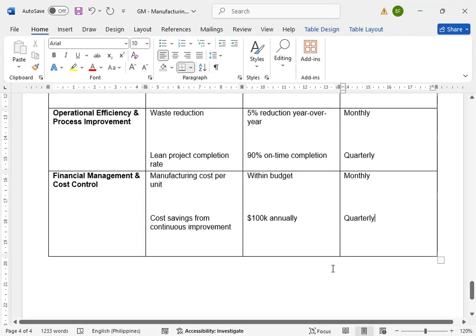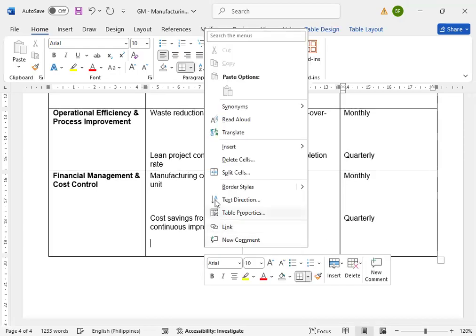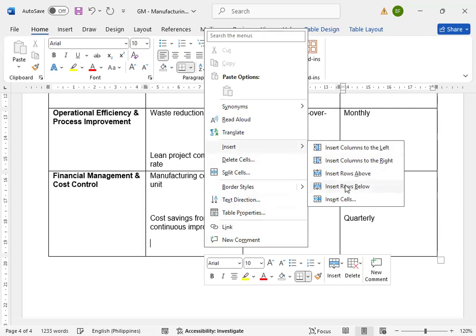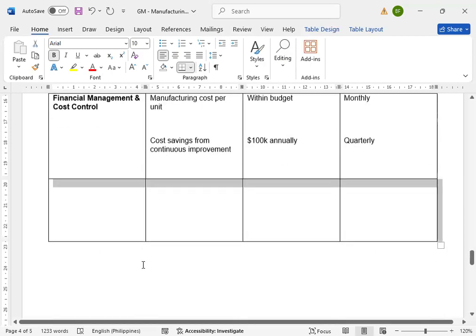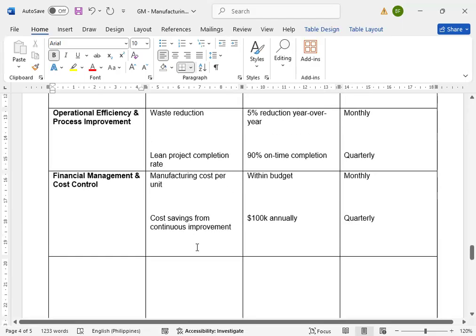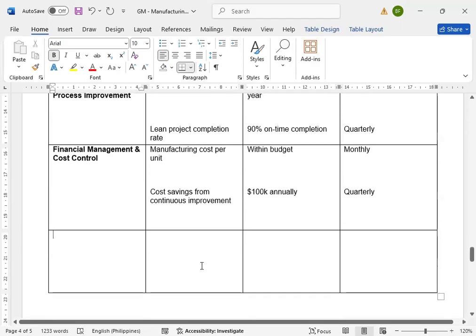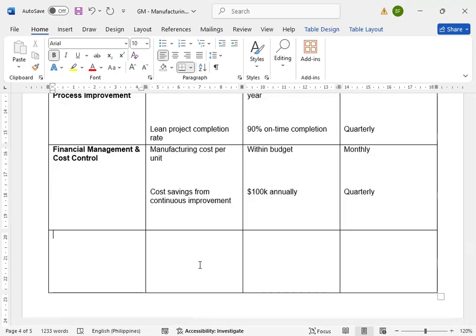Then I'd like to give you the last one. I cannot give you so many things. Otherwise, what will happen? If you give too many things on his plate, then the GM will also burn out, and we don't want that to happen. So we just give him just enough for him to be able to do it successfully, do it efficiently. So the last one that I'm going to give you is leadership